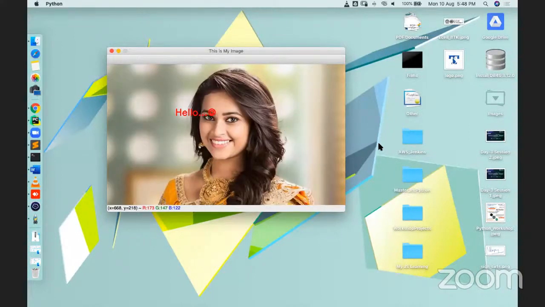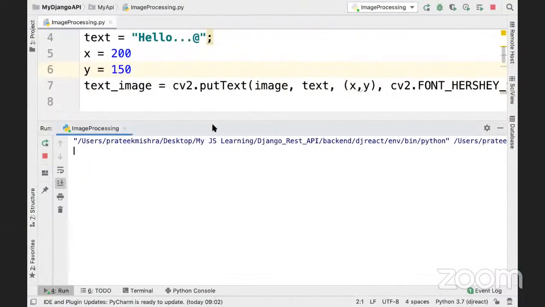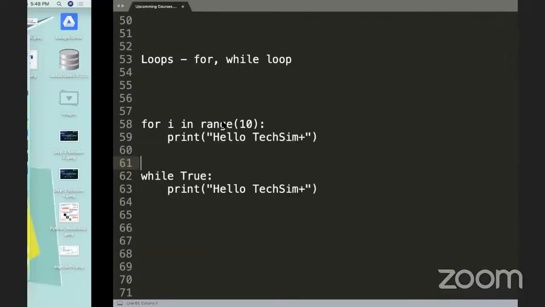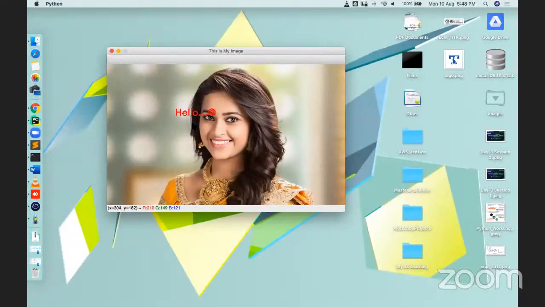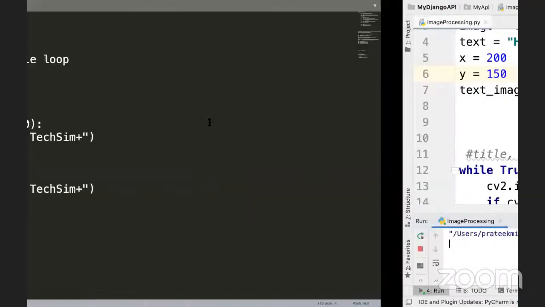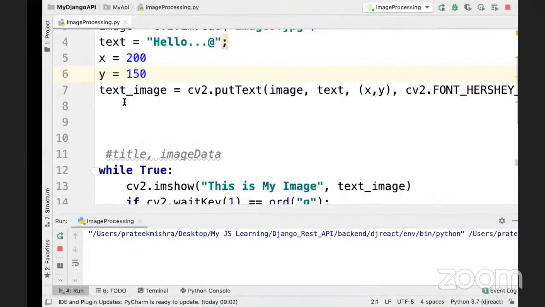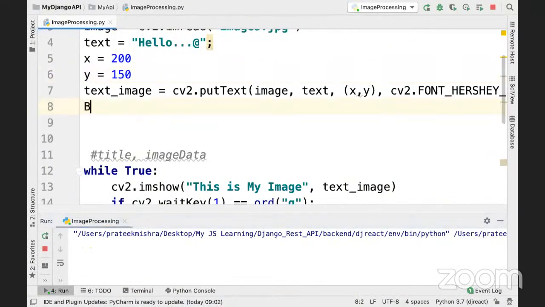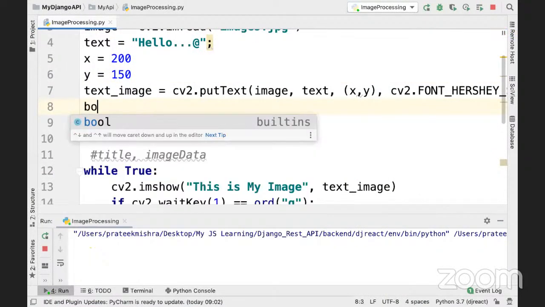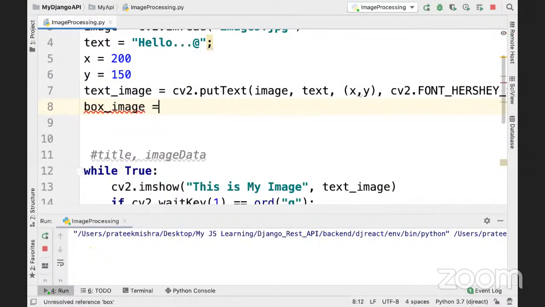Okay, fine. So we are getting this text here. Now, next thing is I will draw the box also, from the beginning, from this same place, right? So how can we draw this box? Yeah, simple. Box image, cv2 dot